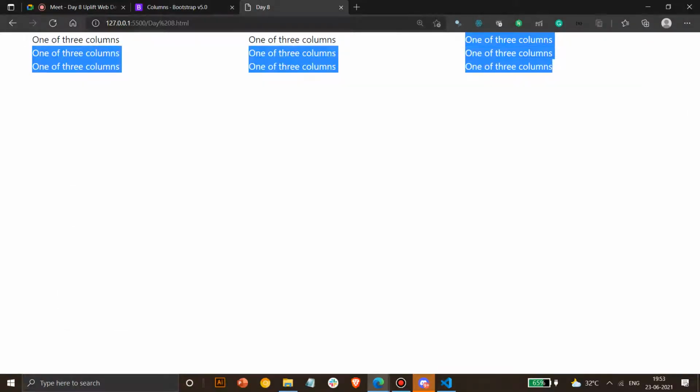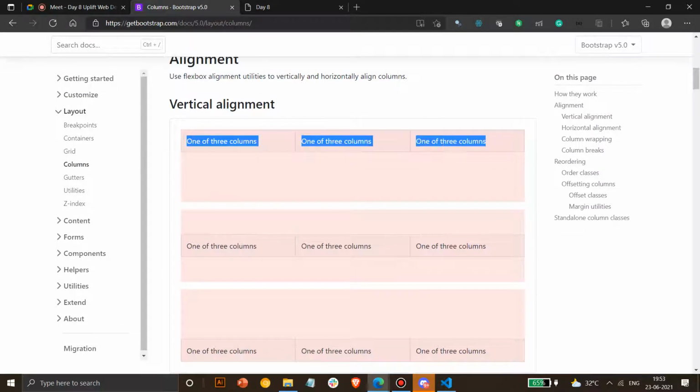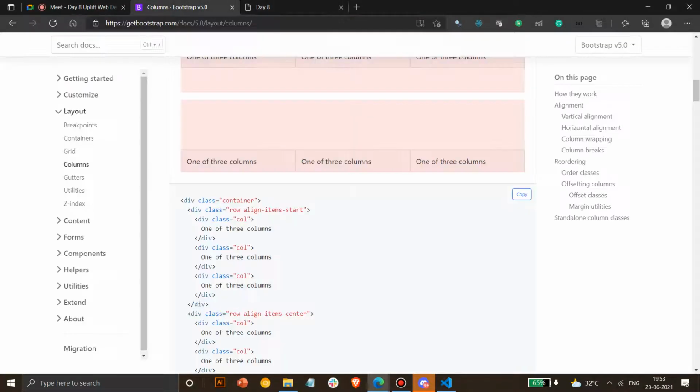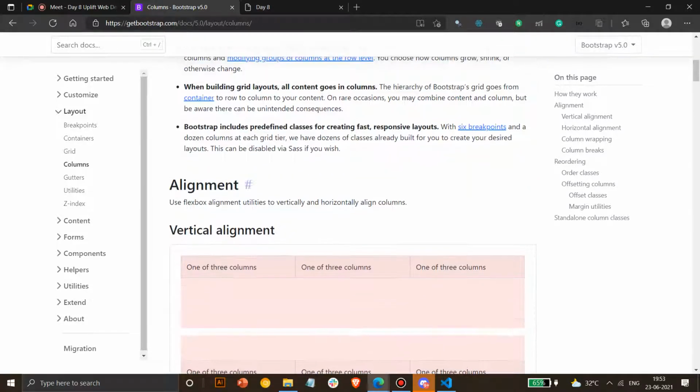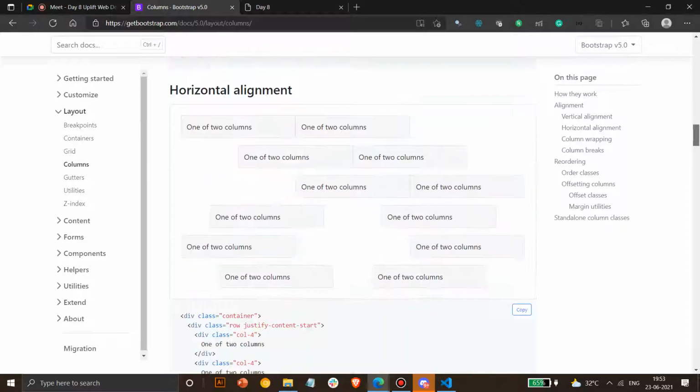Yes, see, you can see these elements starting from any places. Okay, so you can try this out specifically. It will start the column from start. It will start the column from middle. It will start from the end. If you add more columns here, it will start adding these columns on another layer, a sub layer below. Okay, so that's how it works. And then you can align it from start, middle, and then the end. Same thing inside a column also you can align them. If that's in rows, you can specify it in columns also. So if you add a specific element here, it will start from here, then the next element starts from the middle, the third starts from the end. So you have to make some ladder kind of thing.